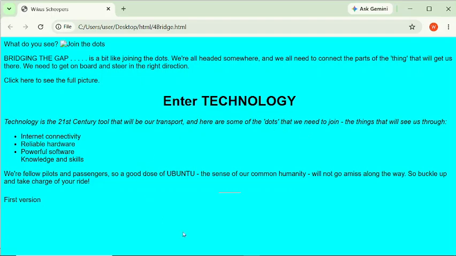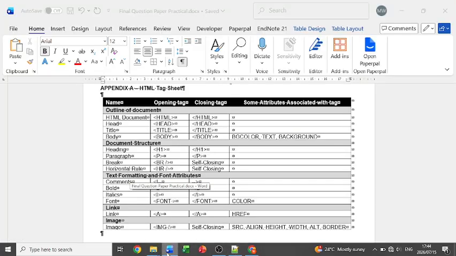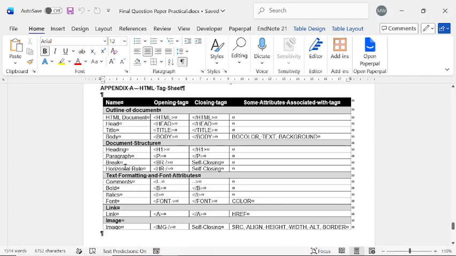Now the final part that I'm going to show you today is your horizontal line. You can see here that there's a horizontal rule which is self-closing, so there isn't a second part to it.